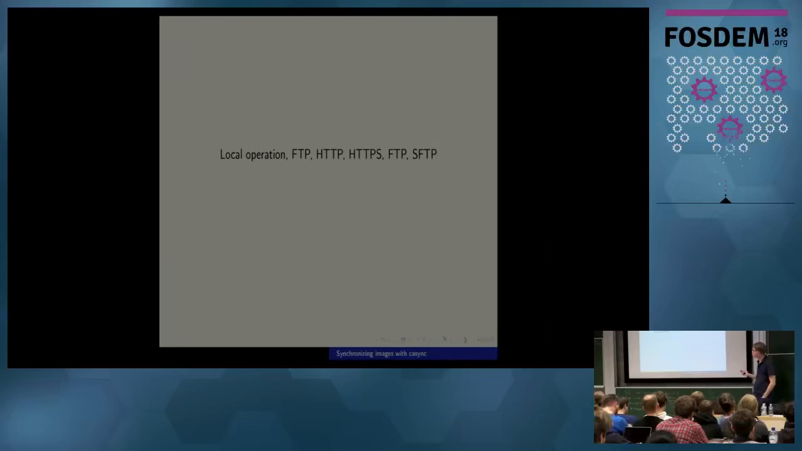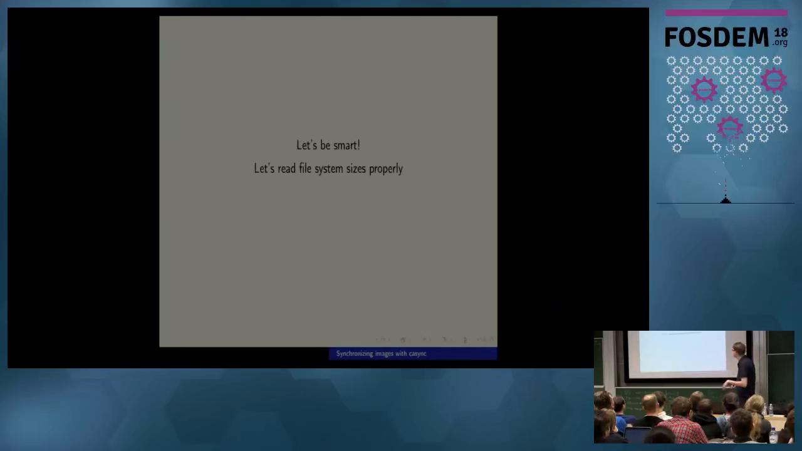casync can do local operation, like directly to the file system. It can download from FTP, HTTP, HTTPS, and the usual SFTP. It can upload currently only through SSH, but that's not because I didn't want to support that, but mostly because I didn't find the time yet. The idea is that later on maybe we get backends for S3 or whatever else, so that you can do a local backup and put it on Amazon or whatever you like. It also does UID shifting for those few people who use containers with user namespaces. They want to go into